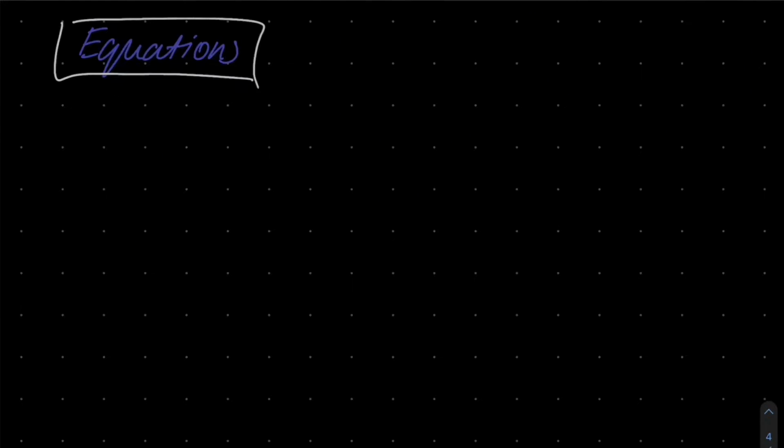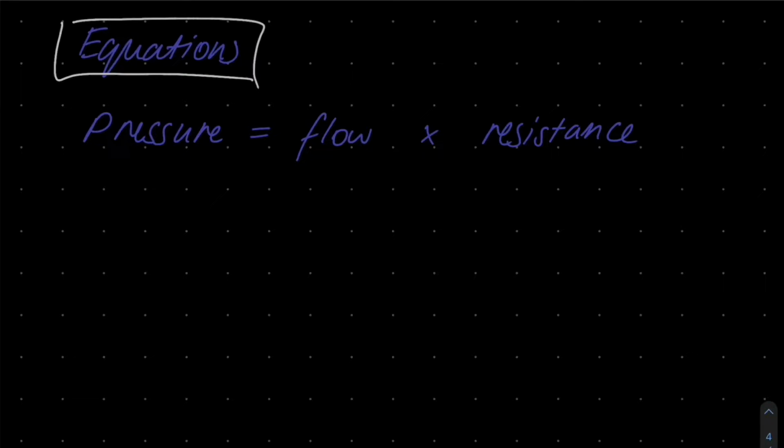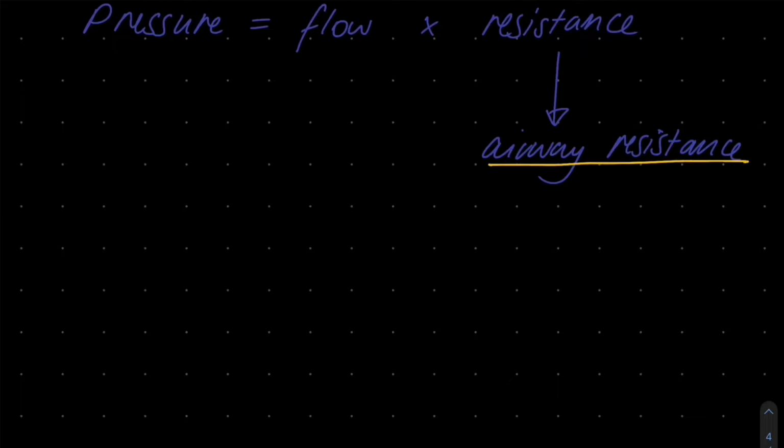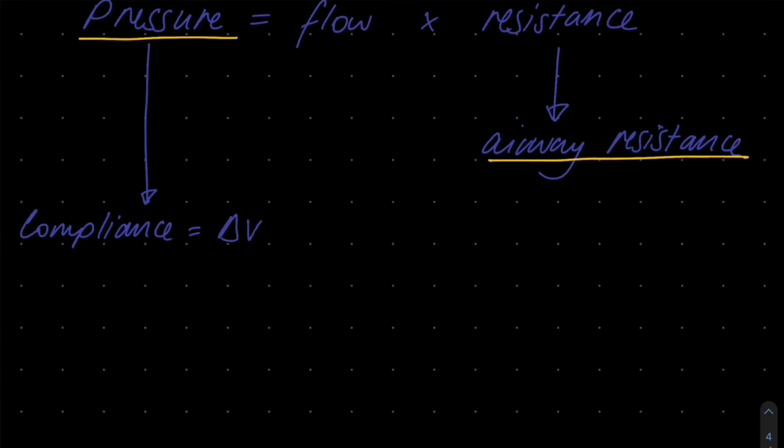Now, looking more closely at the equations, the first one is pressure equals flow times resistance. From this, the important factor to focus on is airway resistance. Additionally, we can look closer at pressure, which gives us our second equation. Compliance equals a change in volume over a change in pressure. From this, the important factors to talk about are respiratory compliance, which includes both chest wall and lung compliance, as